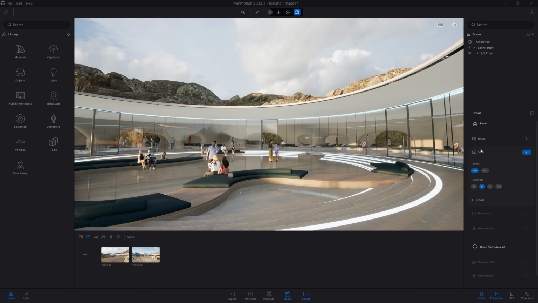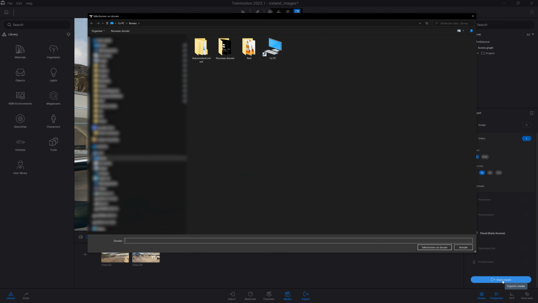And here in the tab where we have our video, we have some different settings. For example, here we can customize the frame rate, the format is MP4 or a sequence of PNG images. And here we have a few different settings, like the video mode, we can export a standard video, a 3D video, a 360 video, or a 360 3D video. We can also change the resolution of the 360 video over here. So here, let's just hit that export button and export that video locally.